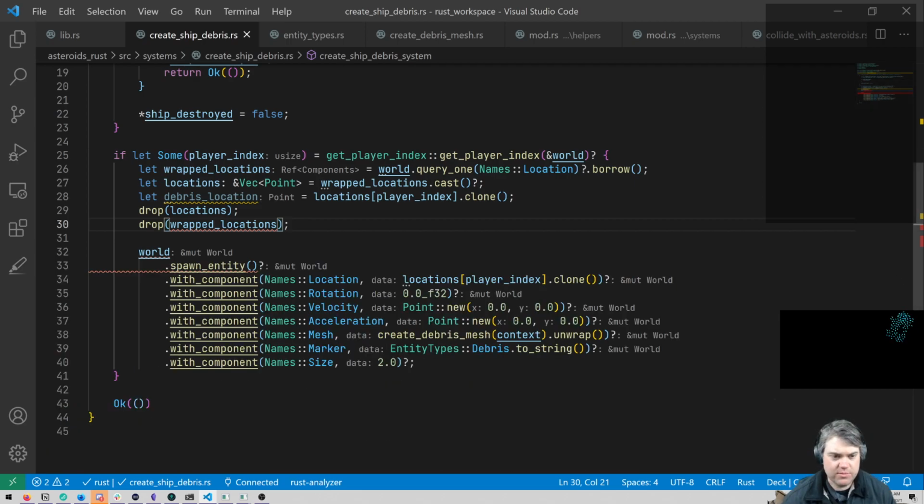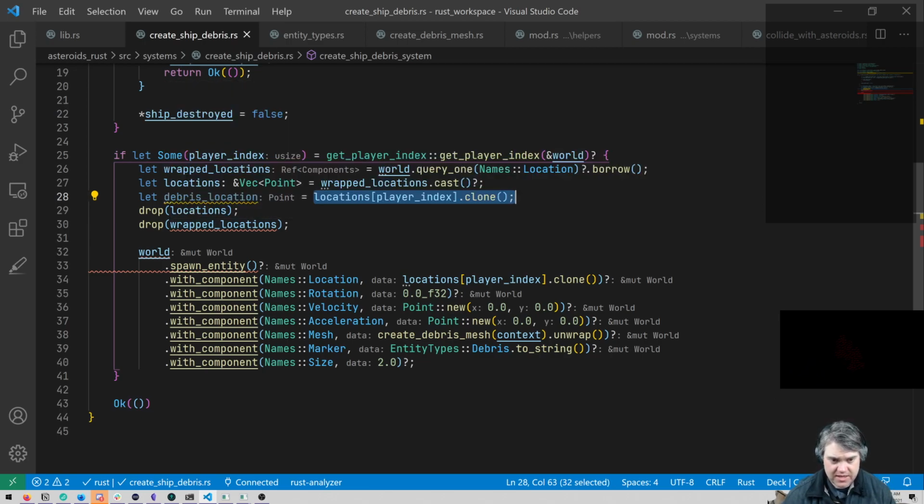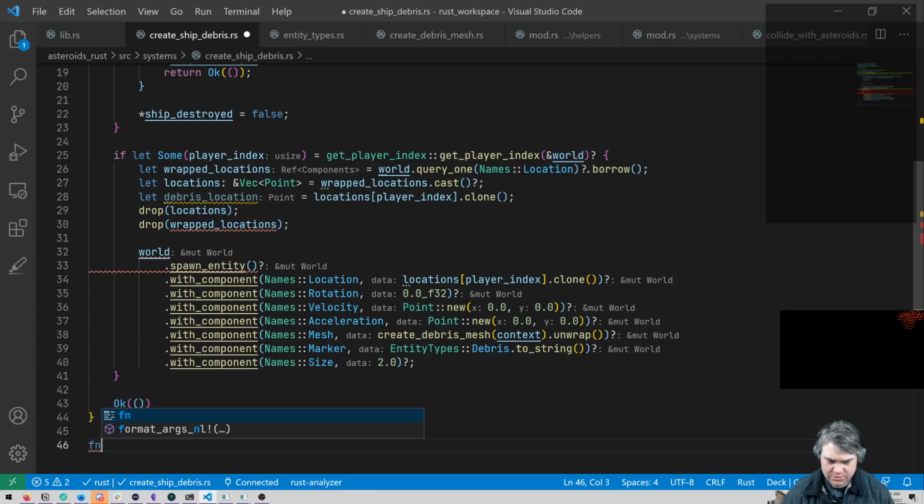So what can I do to make you happy? I can't manually drop you at this point. And we would have this debris location. We would grab you out. So we don't even need you anymore. You're done at this point. Can I throw you in a function and have you just drop after that? Maybe that could work. So function get